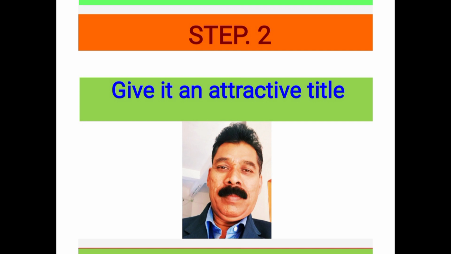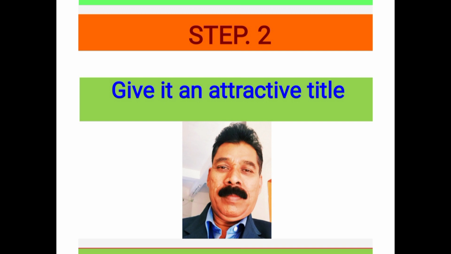We have a plan, we have chosen a topic, we have made an outline, and we have checked the facts. It means we have checked all the facts here. Now you are ready to write your blog. Okay. Now what is the second step in blog writing?